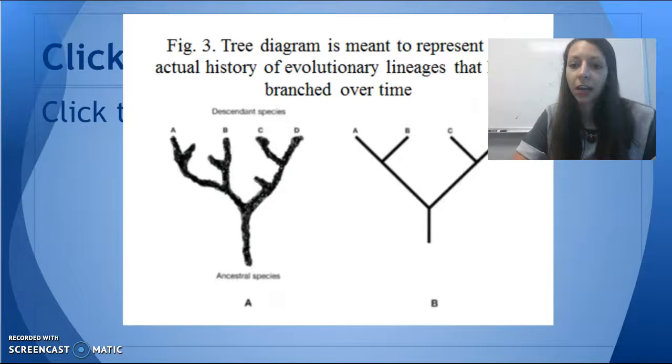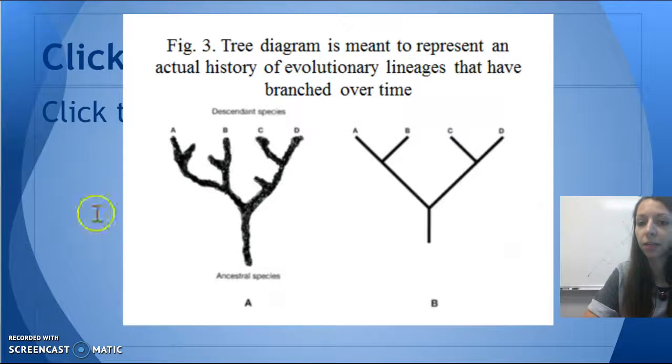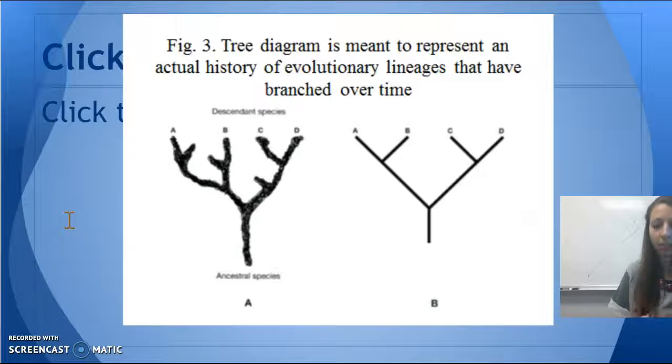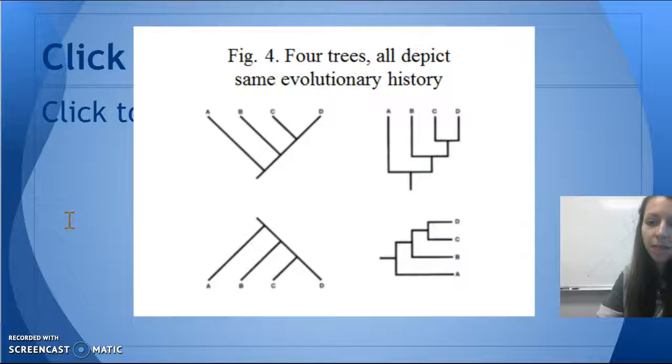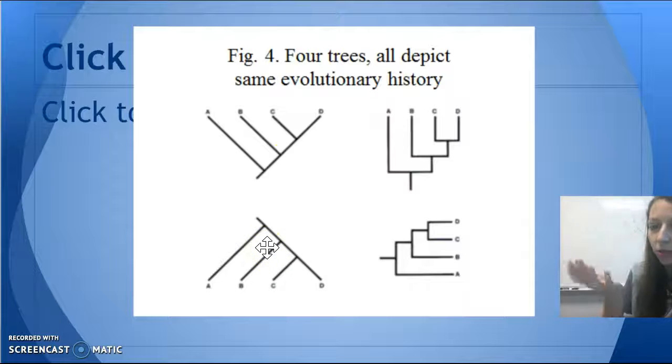Okay, a tree diagram is meant to represent an actual history of evolutionary lineages, but not necessarily to scale time-wise. This could occur over millions of years, but it shows how they are related and branch over time. Now, these four trees all depict the same evolutionary history, so you want to be careful. Sometimes the order doesn't matter as much as the branching pattern, so always pay attention to your branching pattern when